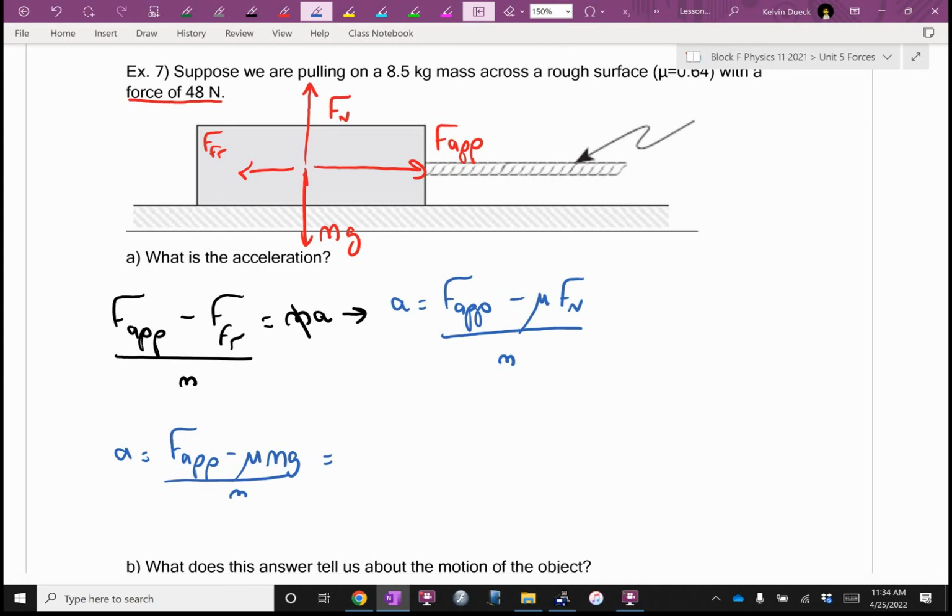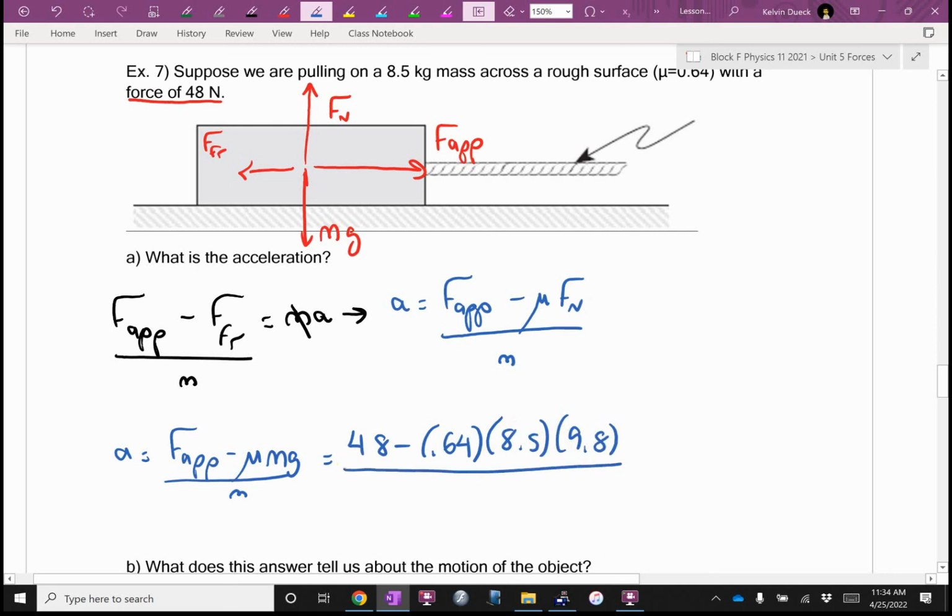It's going to be easier to find it on your question. I think I might have scrolled. Oh, no, there it is. 48, right? Minus, hey, what's mu? What's mu with you? What's mu? 0.64. M, 8.5. G, 9.8. All over